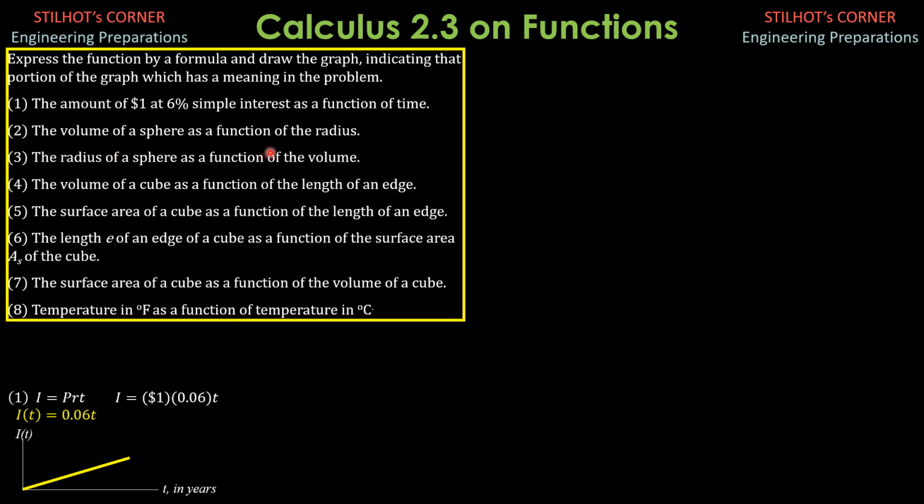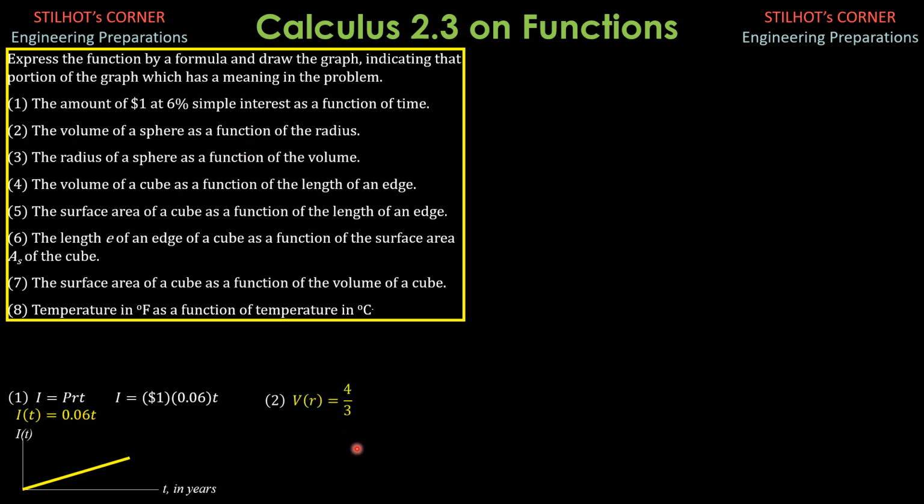Then the volume of a sphere as a function of the radius. The volume of a sphere is 4/3 pi r cubed, and you should know that from solid geometry or from preceding experience. In this course, it should be derived that the volume of a sphere is 4/3 pi r cubed when you reach integral calculus as a tool. But as of the moment, you should be familiar with or memorize the volume of a sphere, 4/3 pi r cubed.